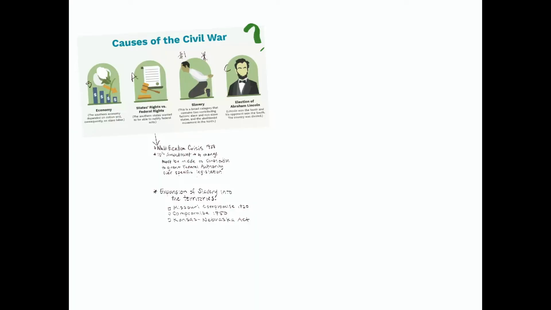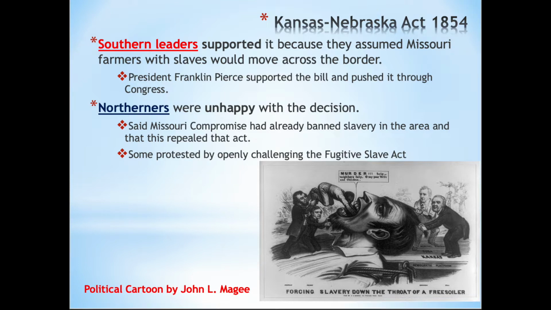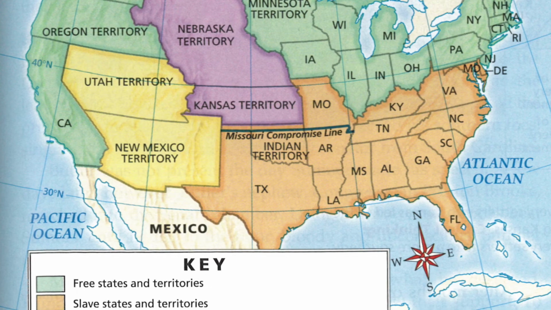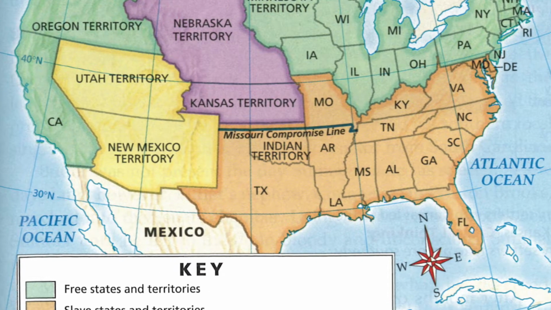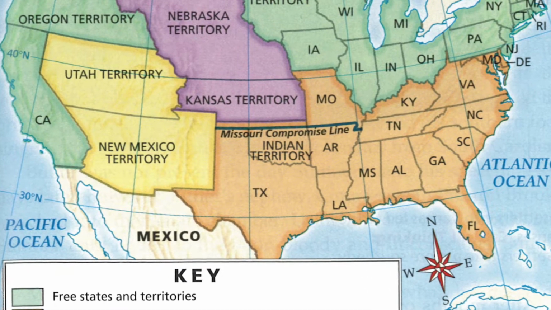And popular sovereignty is the idea that the people and residents within that state are going to be able to vote, and then they decide whether or not slavery is going to be in that state. Well, okay, that works. So this just, again, keeps it in the debate. It keeps it there by these wealthy elite slave owners and these that are entrenched in government and in the power to continue to keep the practice of slavery not only continuing in the states that it already exists, but